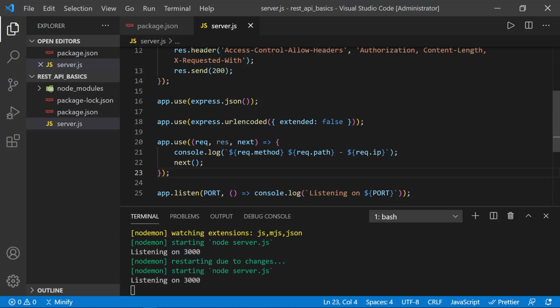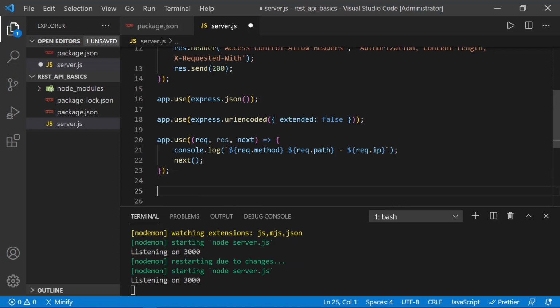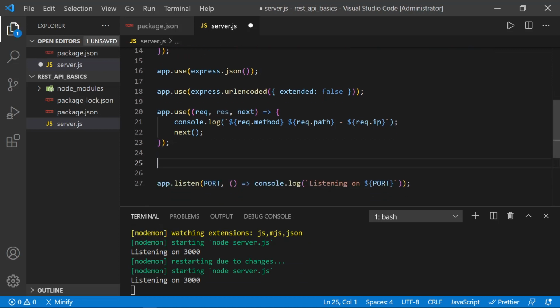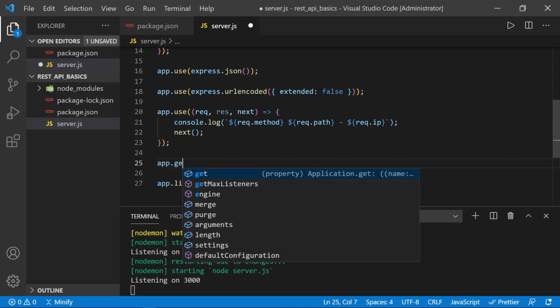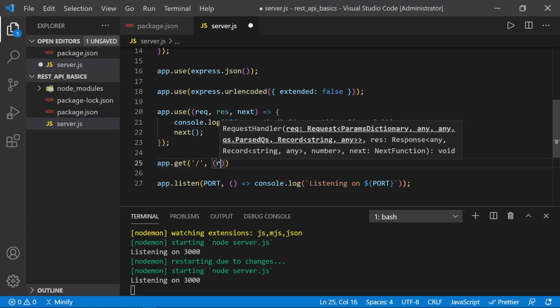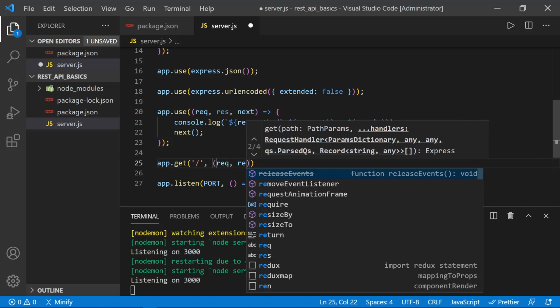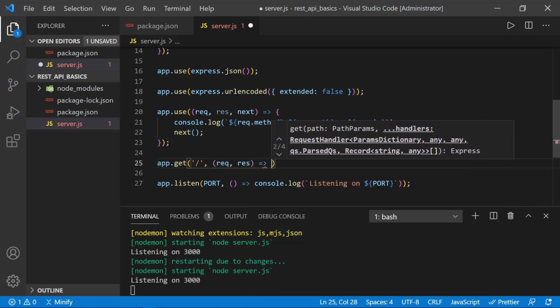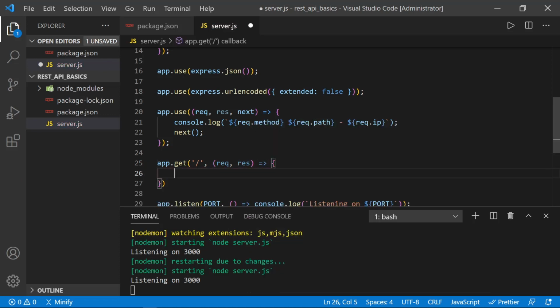So let's go ahead and create our first route so we can see our logger in action. Of course, this applies to every request that comes in, and so then we'll see that log down here in our terminal, which is our console window in Node. So our first route is just the index route, and so we'll say app.get, and we put in the slash, so it's the default route for the address, and we'll have a request and a response. Now inside of this we'll say